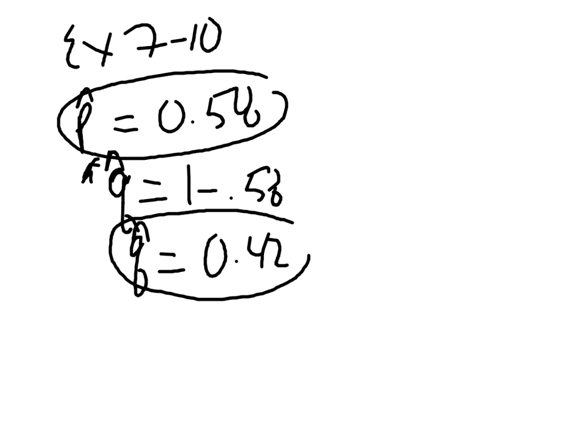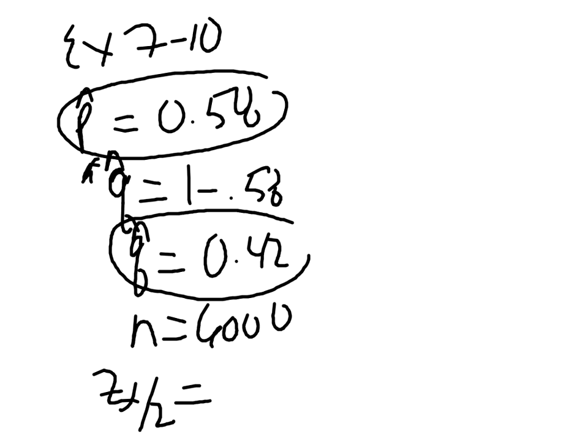The sample size is 6,000. And since we're using the 90% confidence interval again, remember that that critical value is 1.65. Okay, well, we've got all the information we need. It's just a matter now of going into our formula. The true population proportion would lie between,